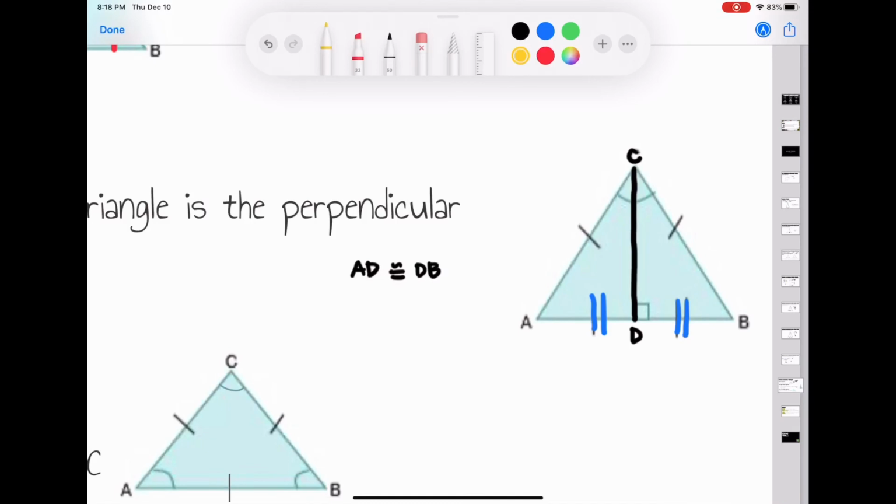And what we can also determine from this is we know that AC is congruent to CB, and we also know that this angle would be congruent to this angle, so let's call this